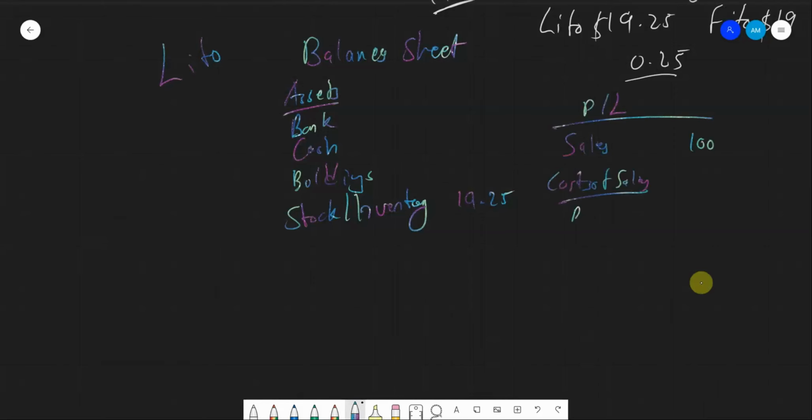So in cost of sales you write purchases, and you write opening inventory. Let's say it's 20, we purchased 20, 15, and then we subtract closing inventory, right? If you were to write a bigger figure here, 19.25, how much is that going to give us? 35 minus 19.25 is going to be 15.75. And now we have to subtract 15.75 from 100, which would be